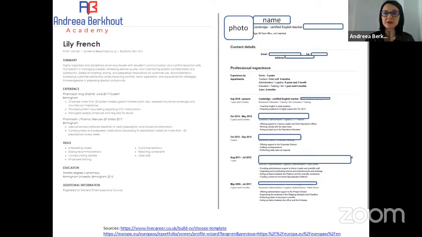Your professional experience, your achievements, or the type of job that you did in the past should be selected as the most relevant ones to the position that you want to apply for, because you have to enhance your employability, right? You have to show that you are competent and skilled and that you can do this job. Therefore, you will choose the most relevant